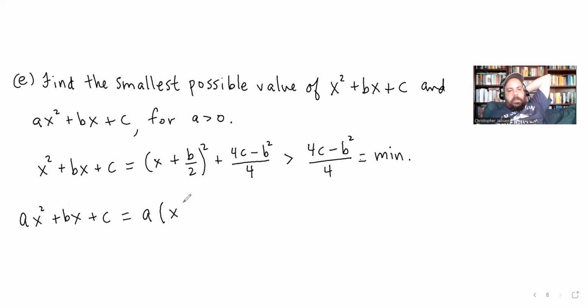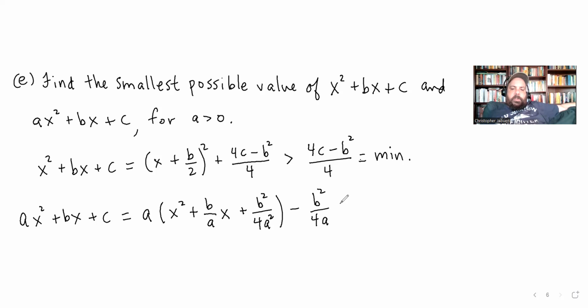So this is a times x squared plus b over a x plus b squared over 4a squared minus b squared over 4a plus c,